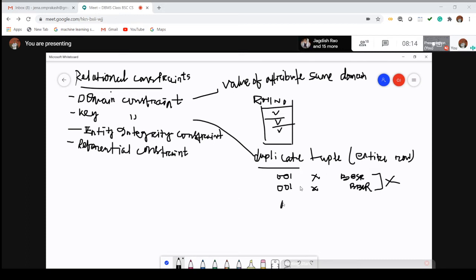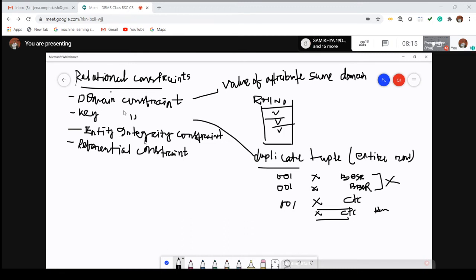Suppose it is 001, name equal to X, then address Cuttack, then there will be no problem. Suppose name equal to X, address Cuttack, and let us say father name equal to Ram, like this, it may be allowed. Some values will match, but if all the values match, then that should not be allowed by this type of constraint.